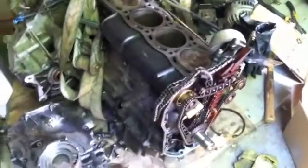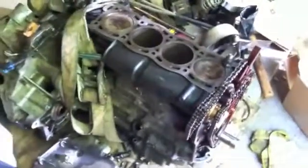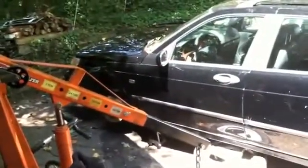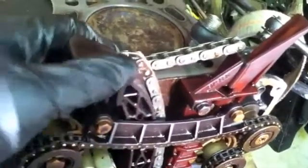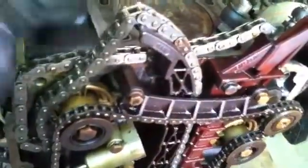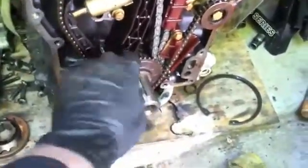Alright, here is the engine out of my 2001 9.5 Aero wagon. I was doing a head gasket job on it, and going to put everything back together when I noticed that this guide was loose. You can do it in the car, but I didn't feel like doing the whole timing chain in the car, so I just yanked the engine, and I found, obviously,